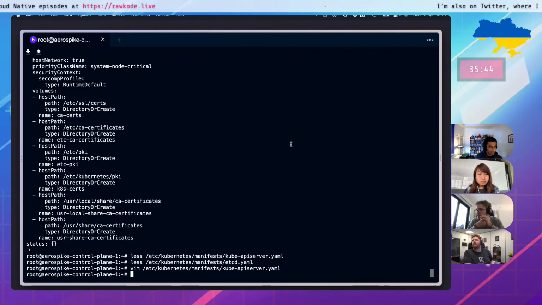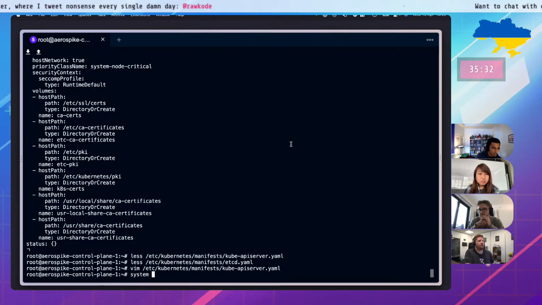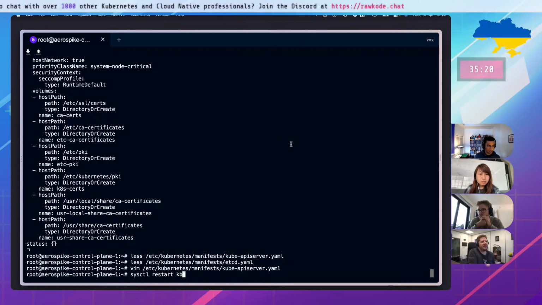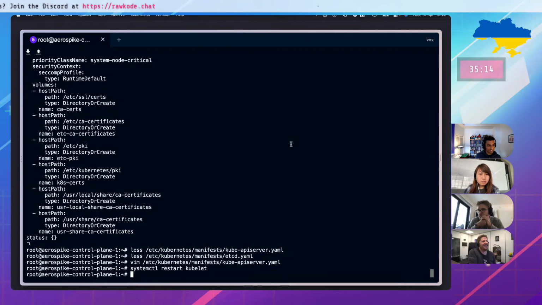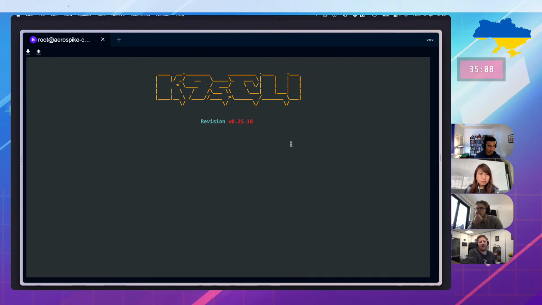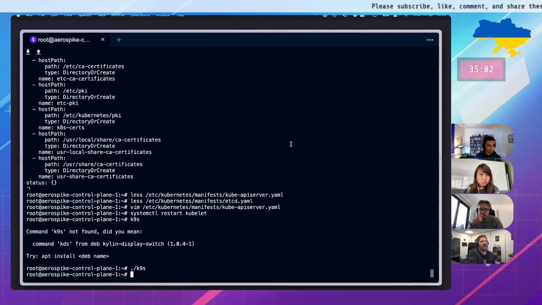Do we need to restart anything? The kubelet will detect that change. If you want to speed it up a little bit, you can do a systemctl restart kubelet. Oh, systemctl, sorry. Oh, yeah, okay, that's what I thought. Sysctl is going to change something else. That's the kernel tool. There we go. Should we check? Yeah. Not there yet. Coming though, I think.